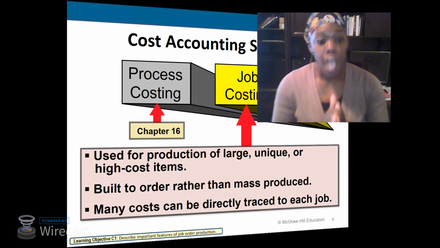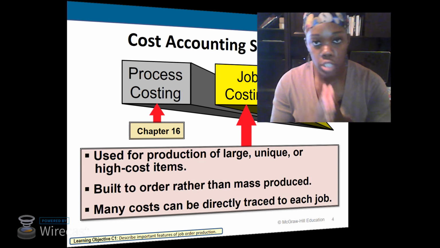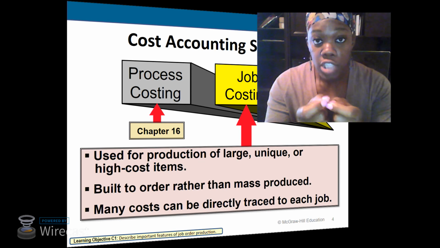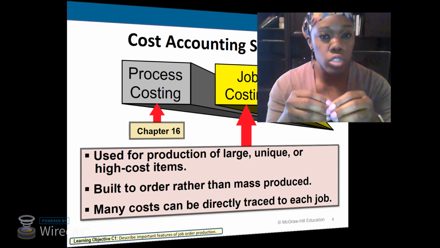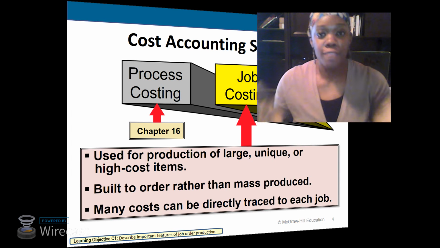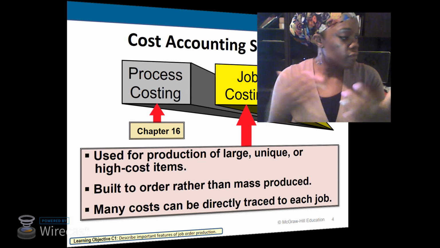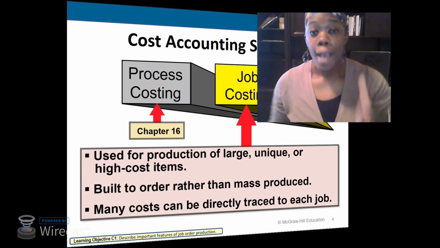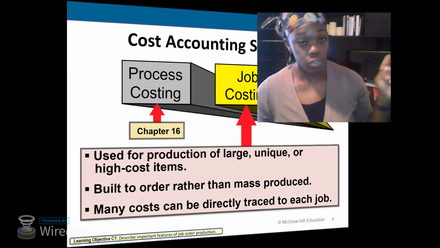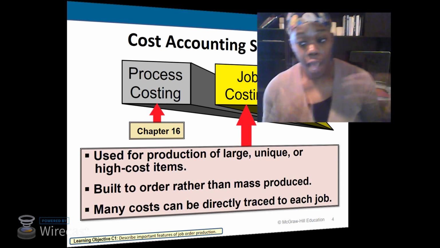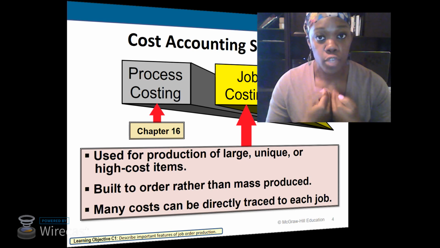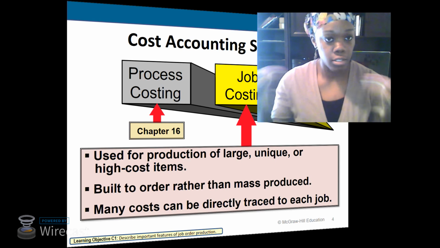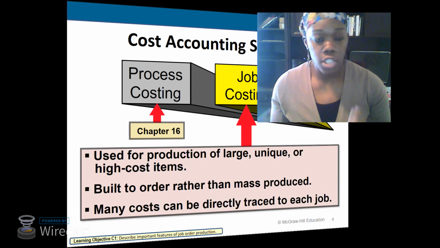Job order costing is completely different, because in job order costing these are very unique, very large items, and usually they cost a lot more because you're paying for the fact that it's specialized. For example, if I were to go to someone and have my wedding invitations done, my wedding invitations better not look like those wedding invitations that somebody else has, right? I want my product to be specific to my wedding. They're unique. They're my colors. They have the words that match what I'm doing and all that other stuff. That is a job order cost